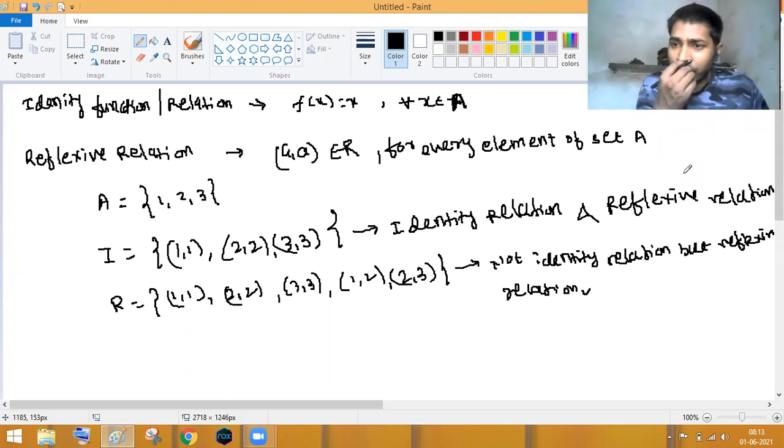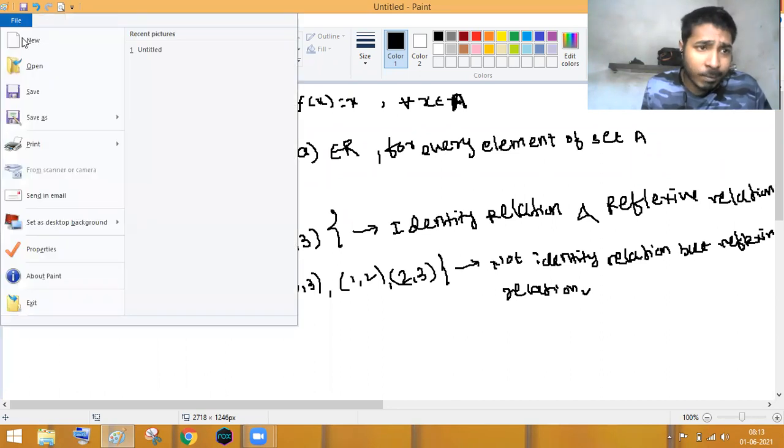You will get a 1 mark question there: is this an identity relation or not? For that you have to check every x. For all x belonging to the set A, the ordered pairs (1,1), (2,2), (3,3), (4,4) must be there. Every element in the set must appear. So you can say that an identity relation must be reflexive, but a reflexive relation is not necessarily the identity. Clear with this?